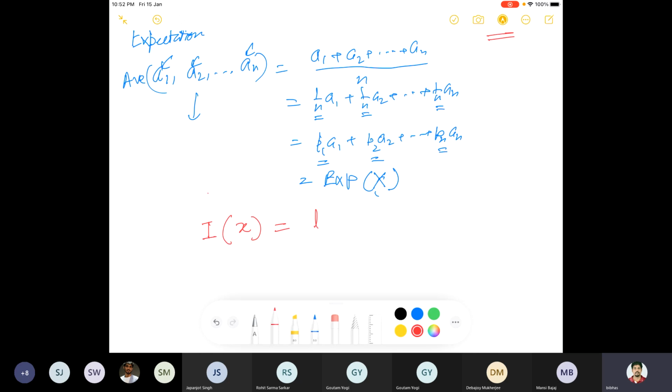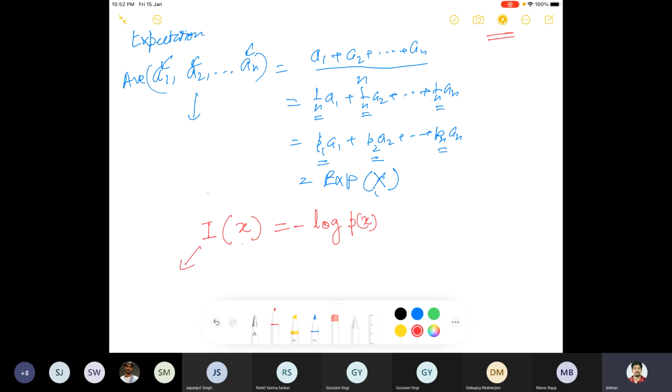So this is log of 1 over P(x), or minus log P(x). This is self-information, isn't it? So what is the meaning of this statement? How can we interpret I(x) equal to minus log of P(x)? First of all, you can say this I is a function, so this is giving a value corresponding to x.